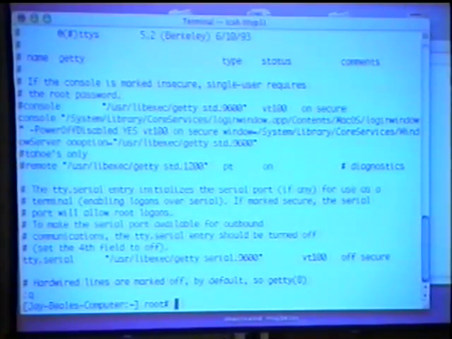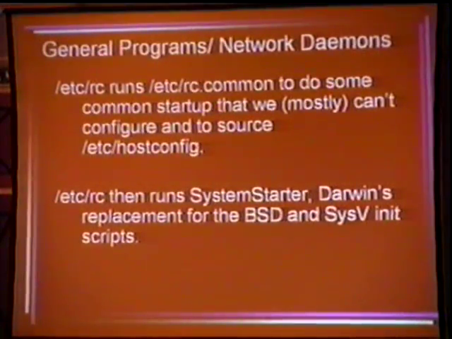And that prevents that. Now, you'll notice on that console line it says secure. It said insecure is Apple's default. What that should be doing for us is stopping us from logging in directly, stopping us from using single user mode. That's not, to my knowledge, what's causing this problem right here, where OpenAppleS wasn't working. Because I tried that, got very frustrated, said, okay, I'll look for another method. Either of those two methods has the same effect: you can't restart or power off the machine without authenticating first. And that's kind of nice.